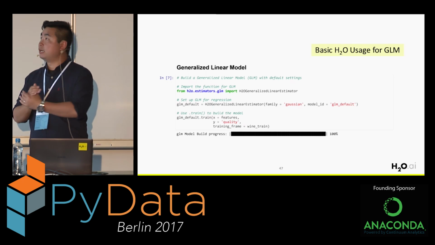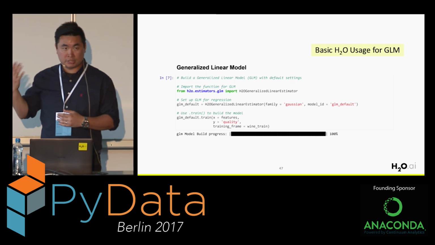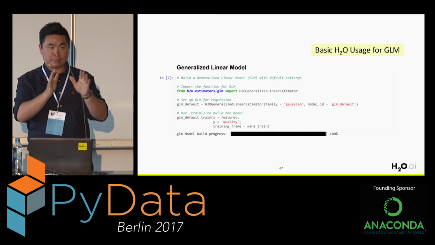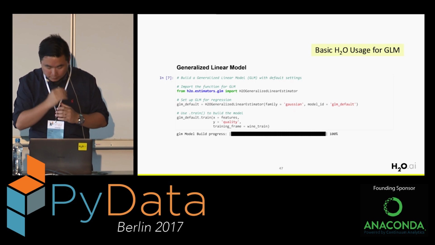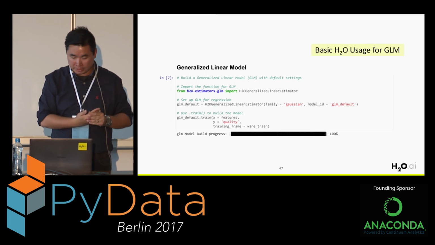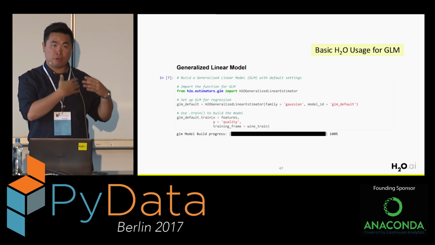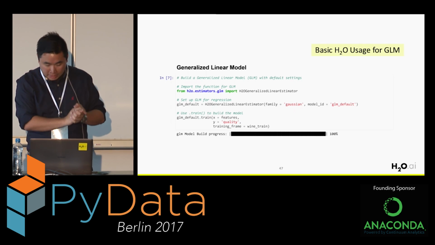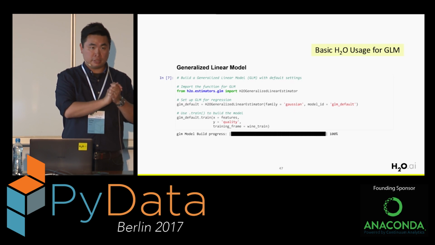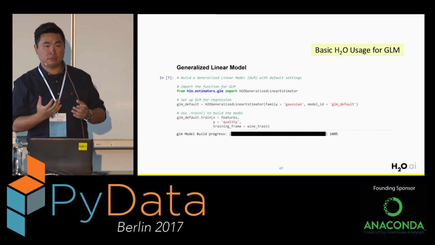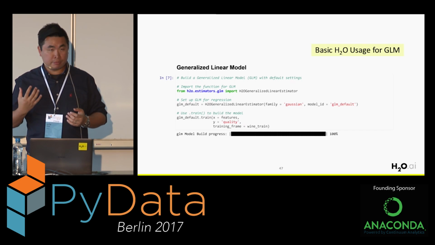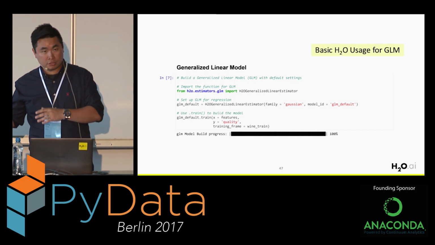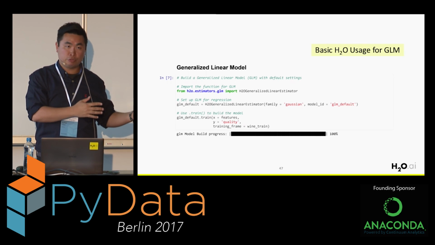So now this is the first algorithm that I want to show you, the usage of H2O GLM. Maybe you can't really see it from the screen; maybe it's better on your laptop. What we need to do first in Python is, from H2O, import the functions for GLM, the GLM estimator you can see on your screen. Then you need to tell H2O what kind of problem this is. This is for regression, so we use the family as Gaussian. If it is for binary classification or another problem, you will have to specify a different distribution or family.